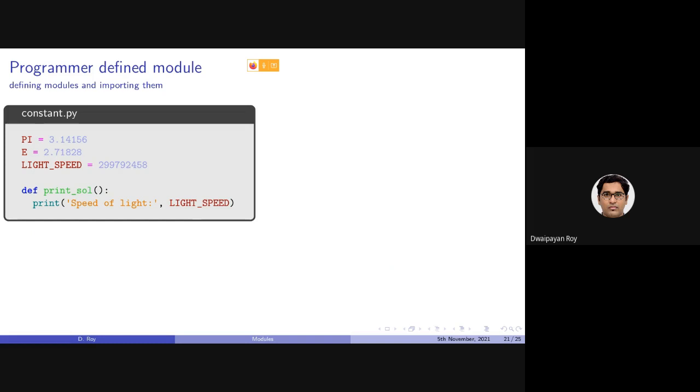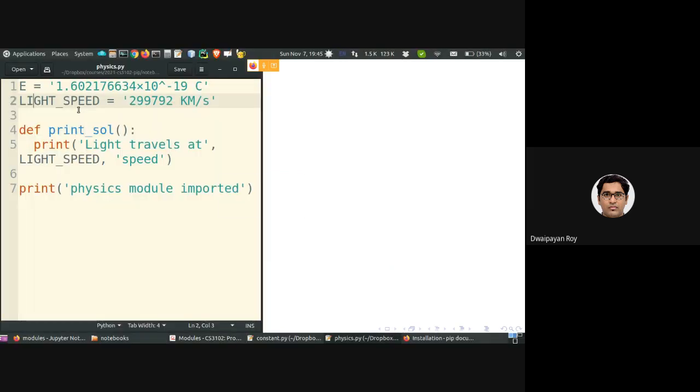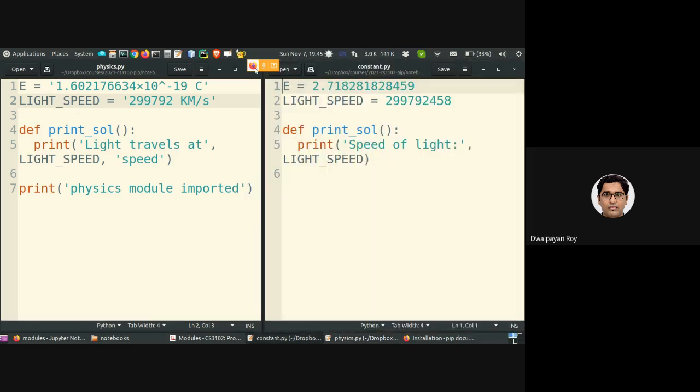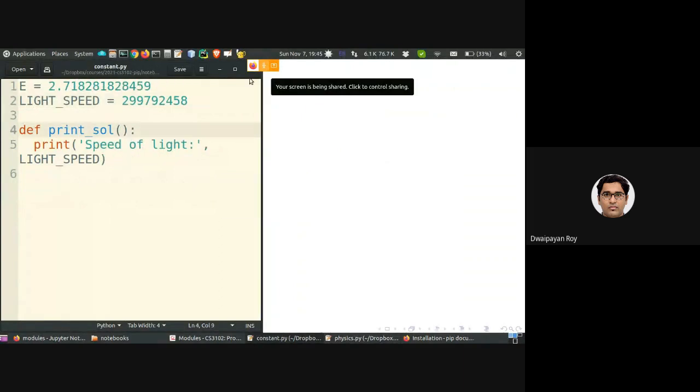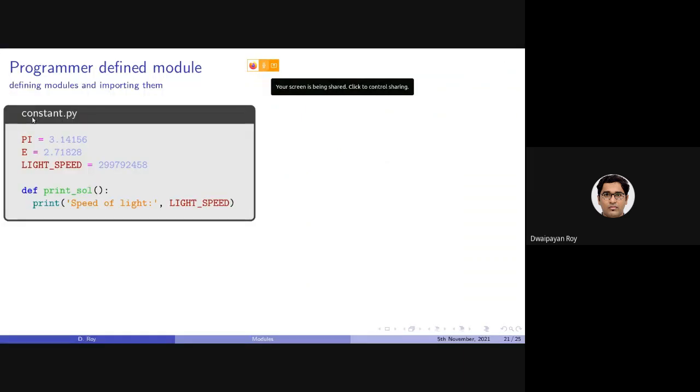Now let's consider we have a constant.py file which looks like this. For the time being, this file constant.py is a simple Python code containing 3 variables and 1 function: pi, e, light speed, and 1 function to print the speed of light.